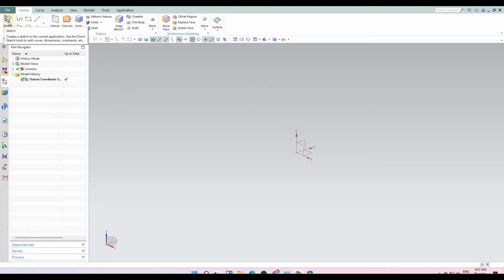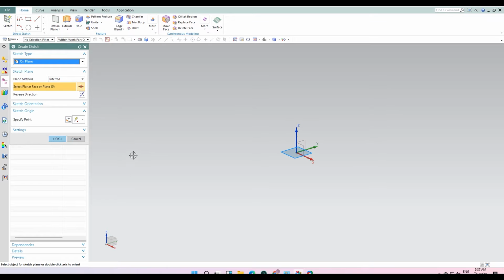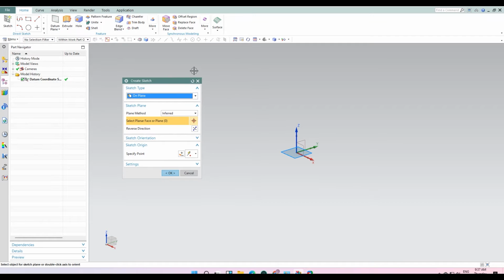Let me show a simple basic 2D and 3D drawing conversion. So you need to click on sketch. You'll get this module, this tab. Here it is written to select a basic design part. So you need to select this. There are three planes: XY, YZ and XZ plane. In which plane you want to draw, you need to select. Suppose I want to draw in this plane. You need to select the plane.